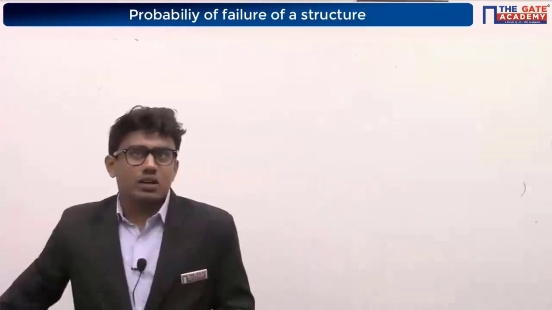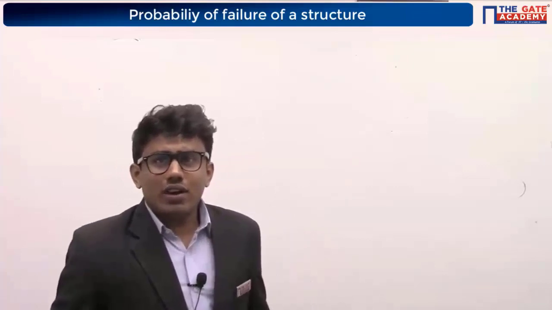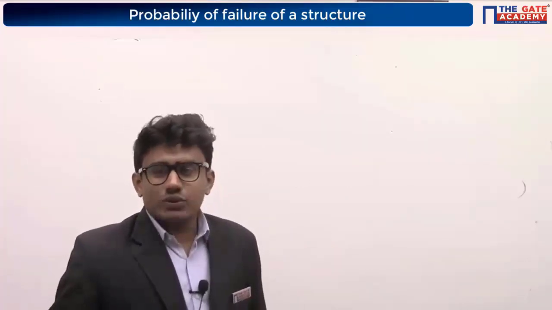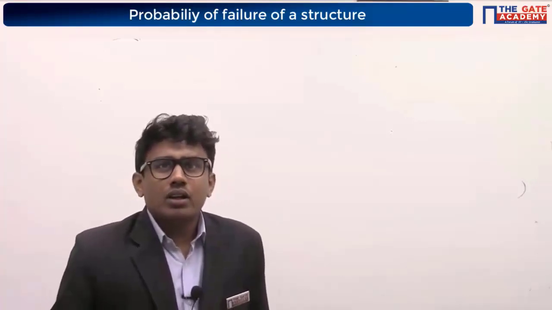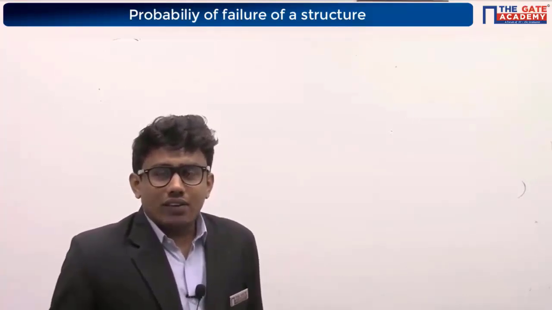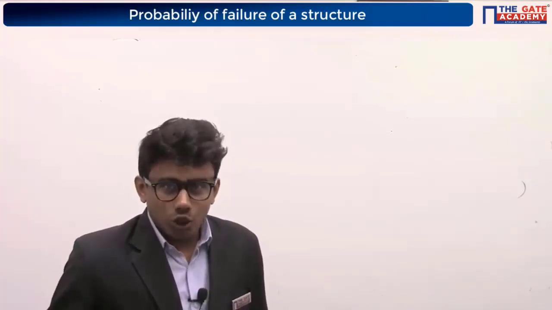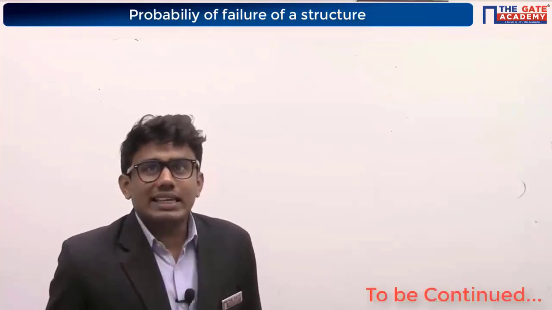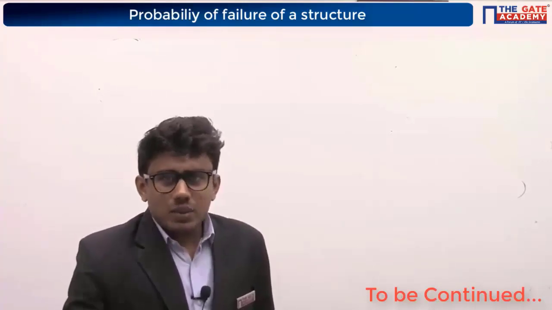You people are understanding these concepts, right? In this lecture we have discussed the characteristic strength, design strength, and partial safety factor for material. For limit state of collapse it is 1.5 and 1.15. For limit state of serviceability it is 1. After that we discussed the cube strength test, acceptance criteria, and factors like what is creep and what is shrinkage. Any doubts in this? Are you getting these concepts? I want to know.